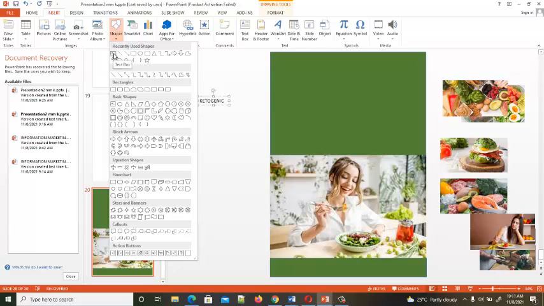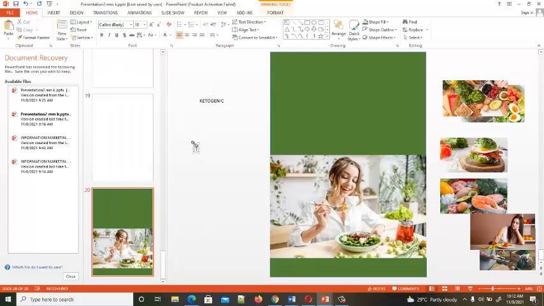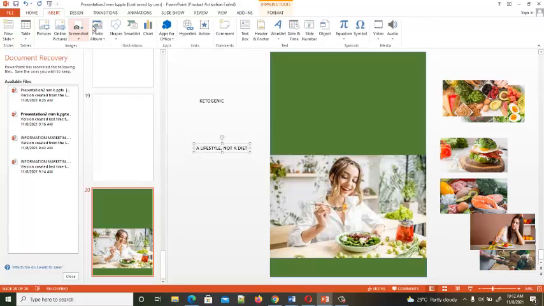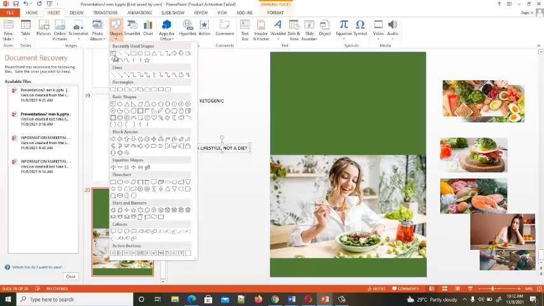You still select the text box. You come here again, so you can now write a subtopic. A lifestyle, not a diet. Now you still go back to it again, insert under the shape, you select